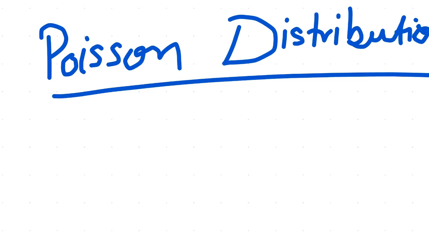See, in the previous distribution, we have two conditions, either success or failure, like tossing a coin. If they give you the condition of success and failure, then we use binomial distribution. And if they give you an average rate of something, and you need to find probability, then you will use Poisson distribution. So its formula is